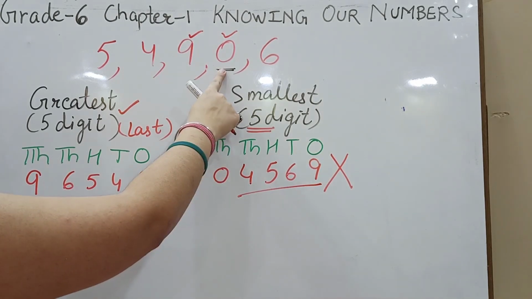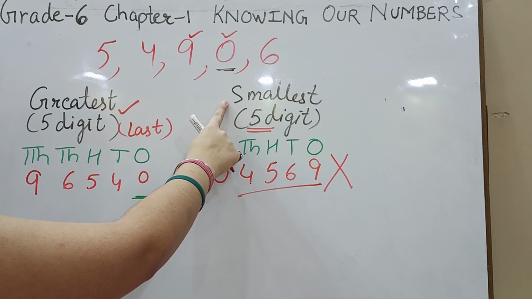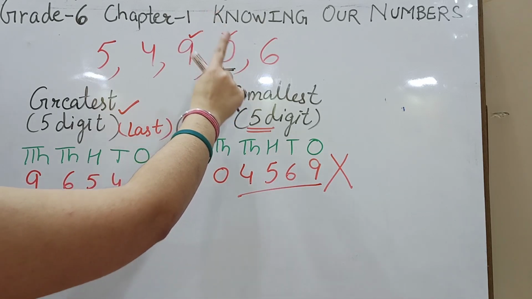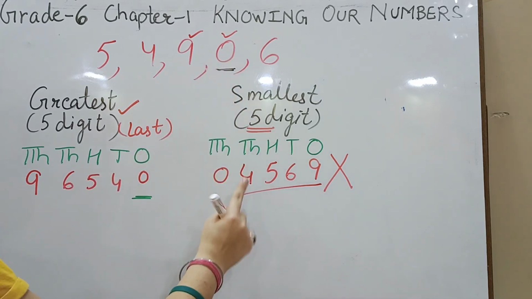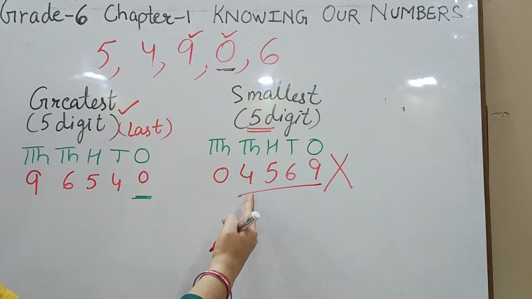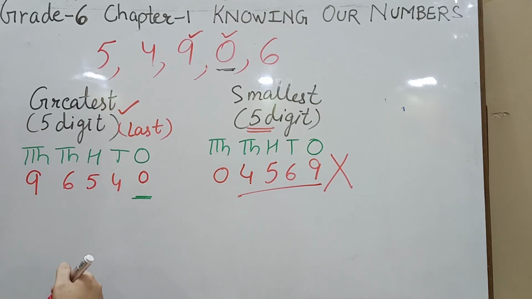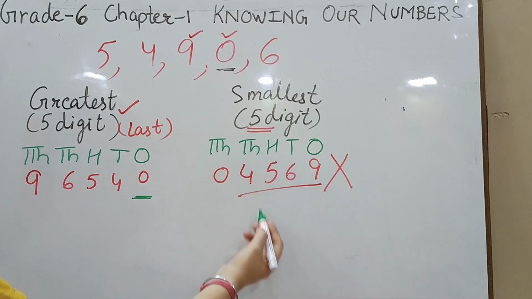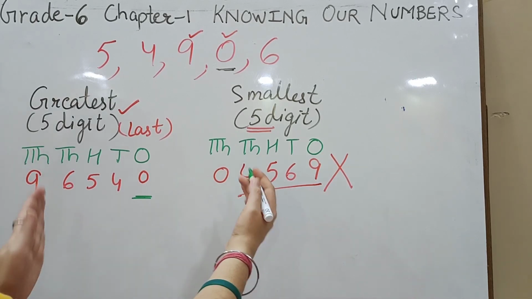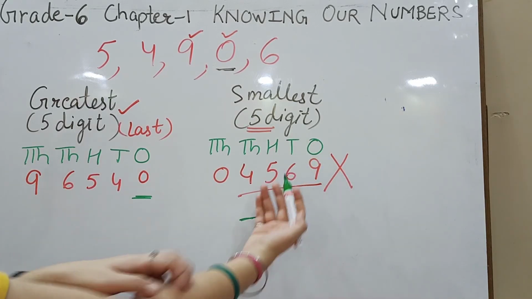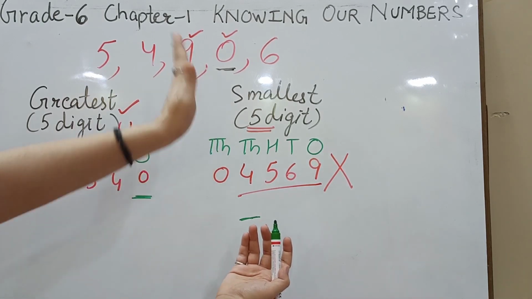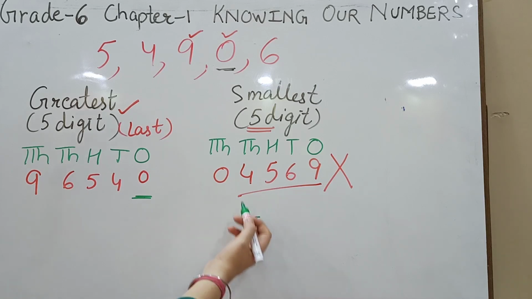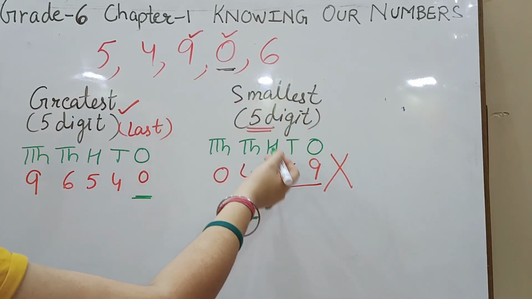So whenever 0 is given and you need to form the smallest number, listen to it very carefully, fix 0 at the place which is next to the highest place value. आपको 0 को कहाँ पे प्लेस करना है? सेकेंड प्लेस पे. याद रखना, 0 को सेकेंड प्लेस पे प्लेस करना है. अब सेकेंड प्लेस का मतलब ये नहीं कि आपको टेंस पे प्लेस करना है. सेकेंड प्लेस किसकी सेकेंड प्लेस? जो हाईएस्ट प्लेस वैल्यू होगी उसकी सेकेंड प्लेस पे प्लेस करना है. If I say 10,000, which second place comes?